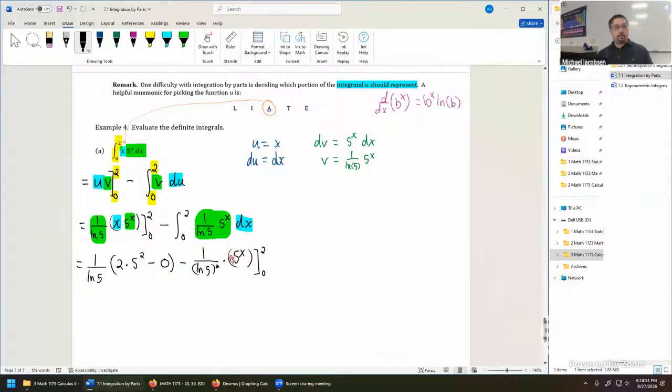And just like on the first piece we've already evaluated, I put parentheses around 5 power of x because I don't want to write 1 over natural log 5 squared twice. You don't have to. It's constant, leave it off to the side, and do all the evaluation right here at 5 power of x. Saves a lot of writing. It makes it much easier to simplify down the line. So on our next step, here we're just simplifying what we have. This is just a glorified 50 divided by natural log 5